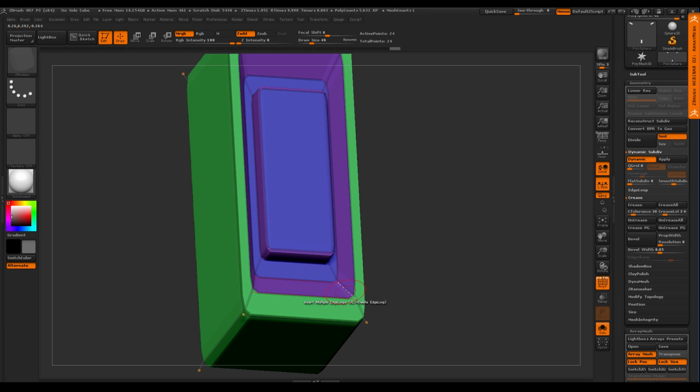I'm telling ZBrush, even though you have this crease, you can only keep it for 3 subdivisions. Right now in our Dynamic, I have it set to 4. So on the 4th subdivision, ZBrush is actually going to smooth and ignore the creasing. That's why it rounds a little bit.